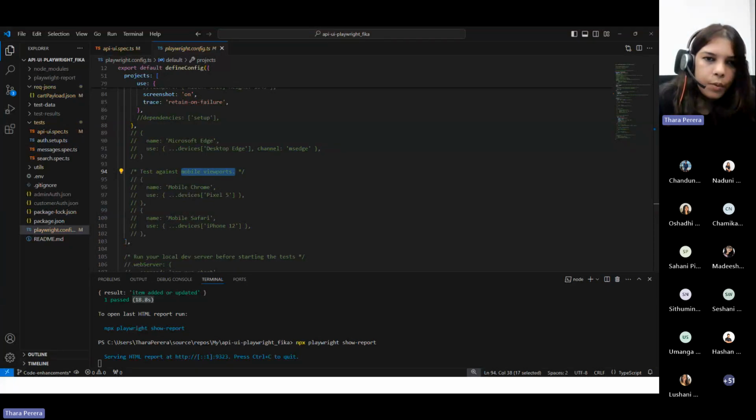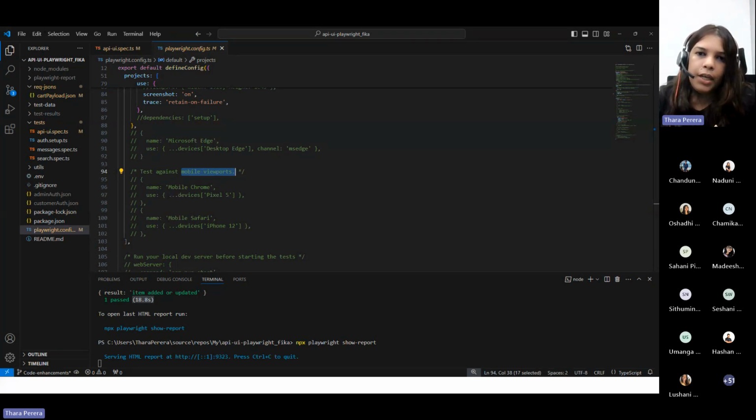So for that one, I would suggest you can go ahead with TypeScript or JavaScript. I'm not saying that other languages are not supported. You can go with TypeScript because the whole architecture is from Microsoft itself, right? Playwright is from Microsoft, and TypeScript is also from Microsoft, and TypeScript and JavaScript have their own